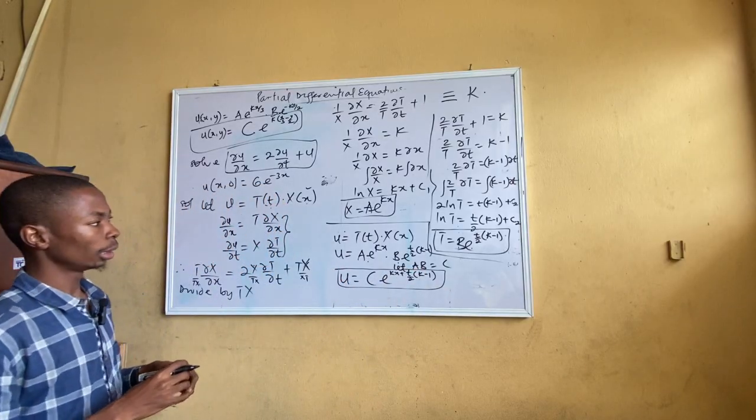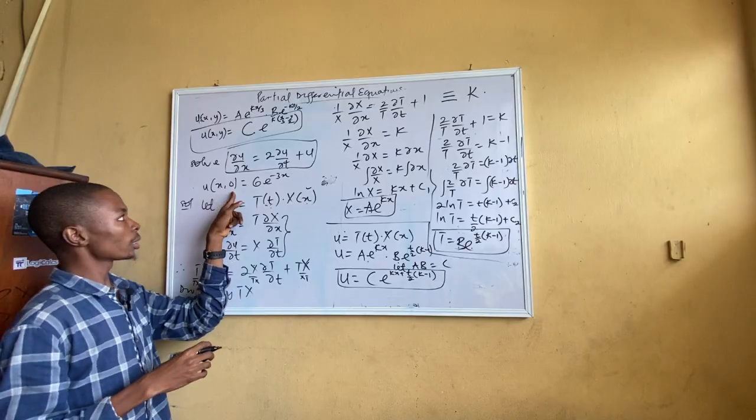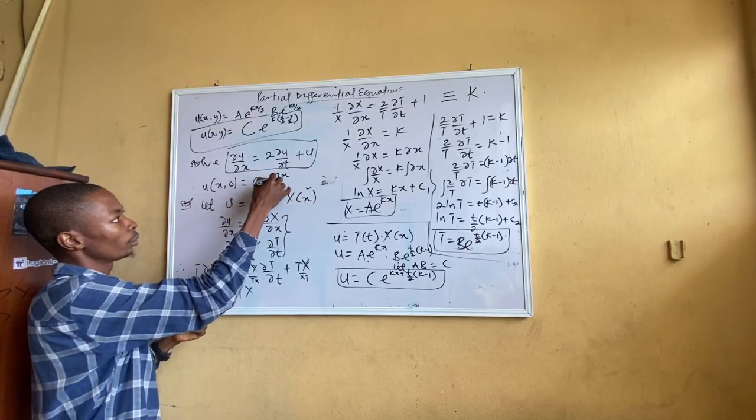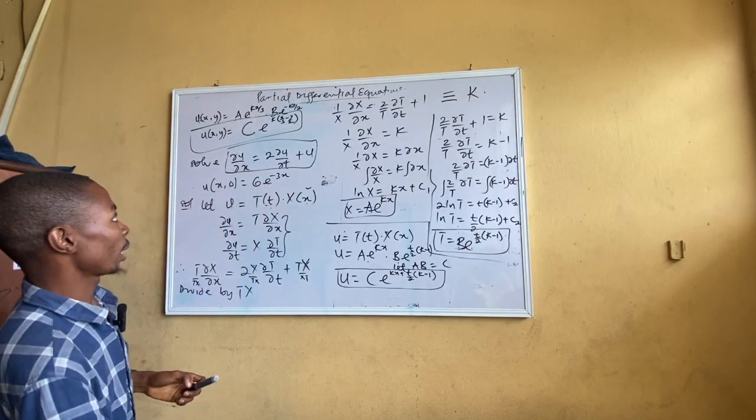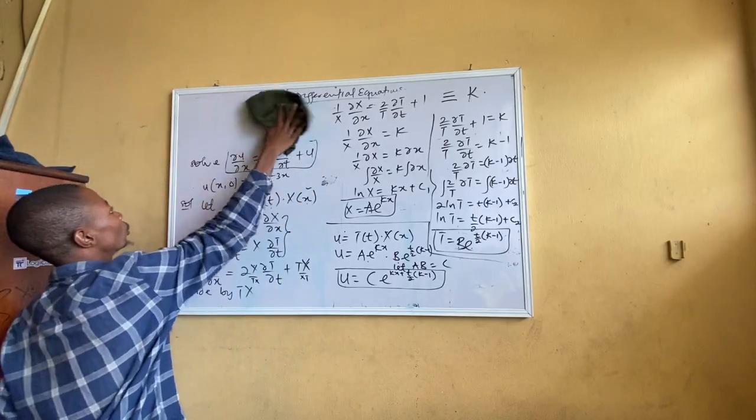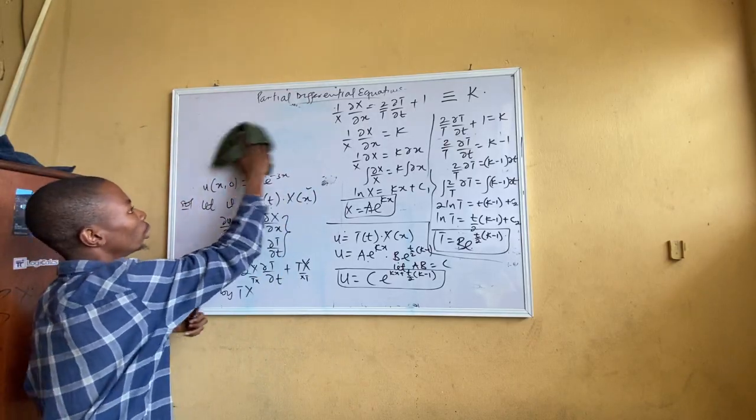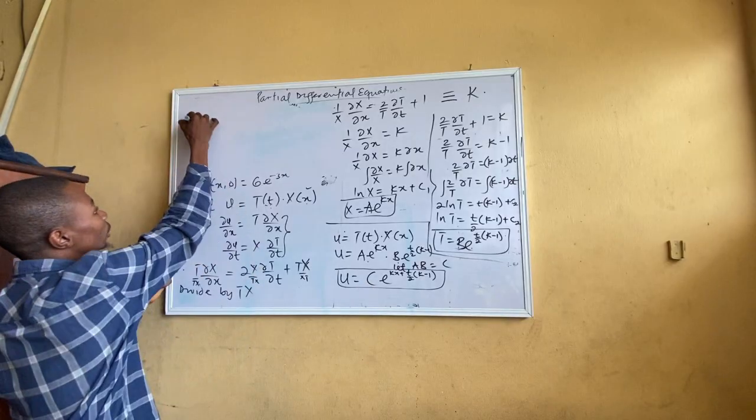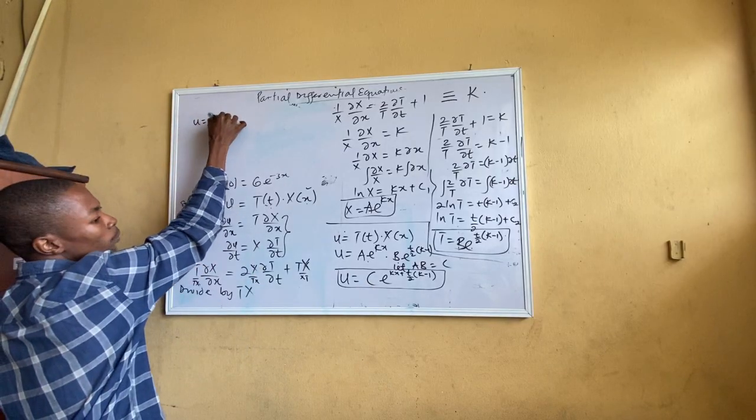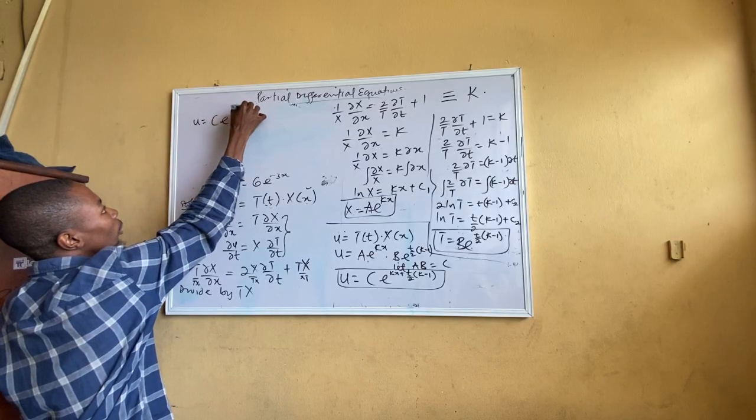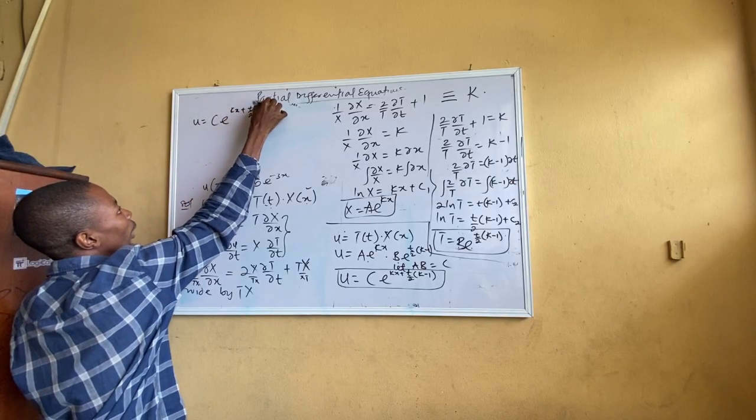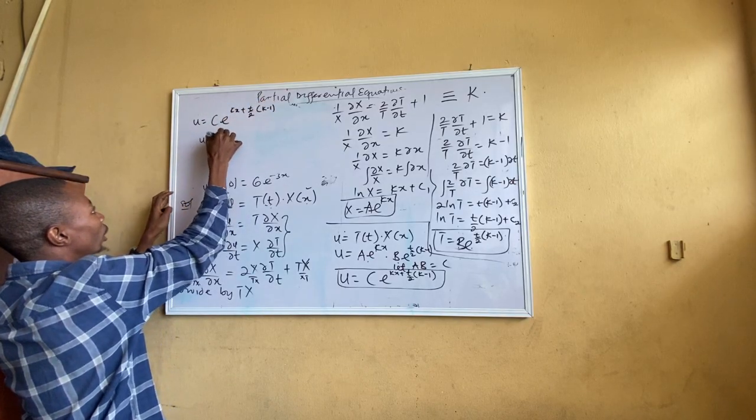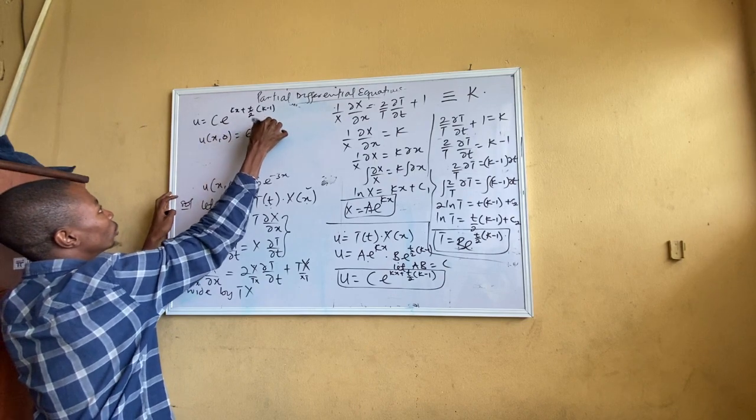But then it comes with another condition. What is the condition? u of x comma 0 equals 6 exponential minus 3x. What does that mean? That condition will let us find the value of this c. Now, let me write it again. u equals c exponential kx plus t over 2 into k minus 1, right? So we have u of x comma 0 equals 6 exponential minus 3x. It means that,